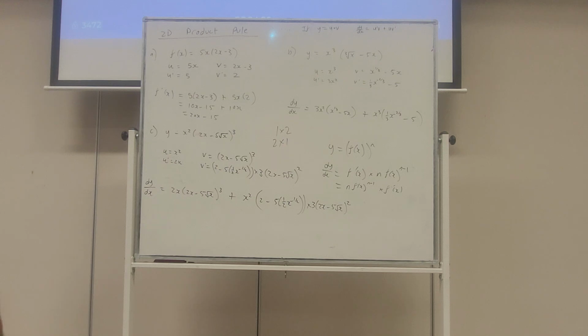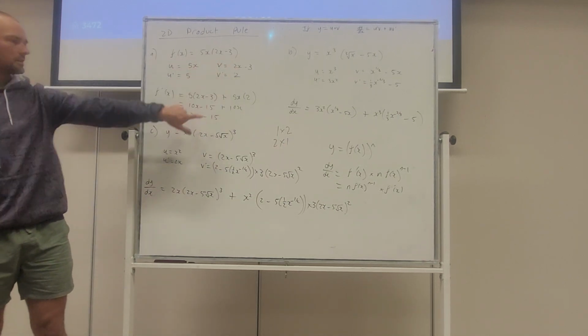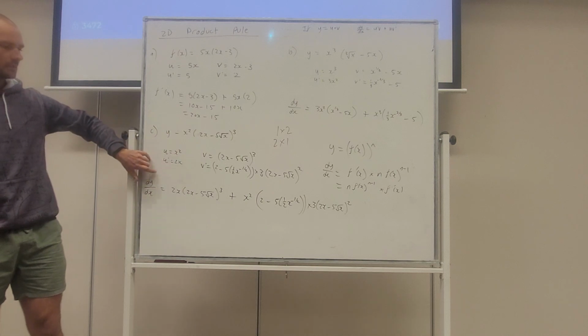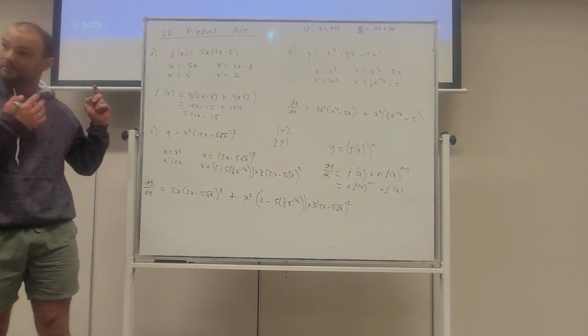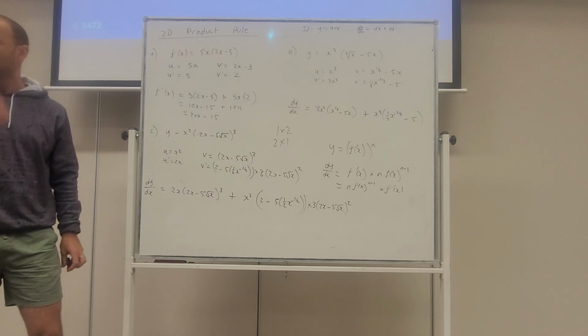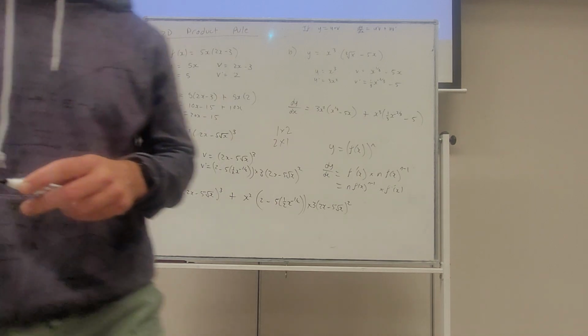All right, quick recap. Identify u, identify v, differentiate both, smash them together. Down here it gets a little bit tricky just because we had to use the chain rule as well. It will start easy, it will get more complex. Probably today we'll have a look at the quotient rule as well, just because both skills link quite well together. So let's get started on